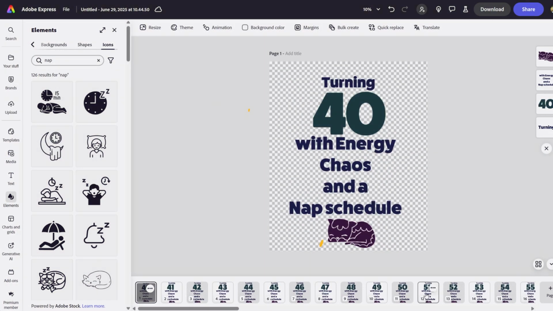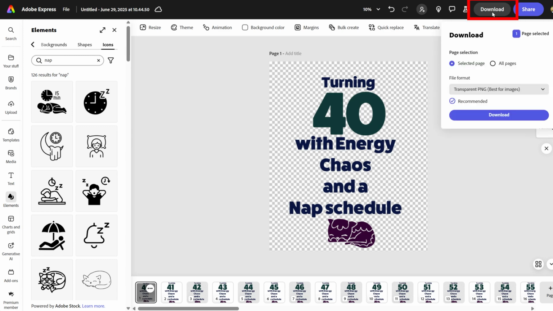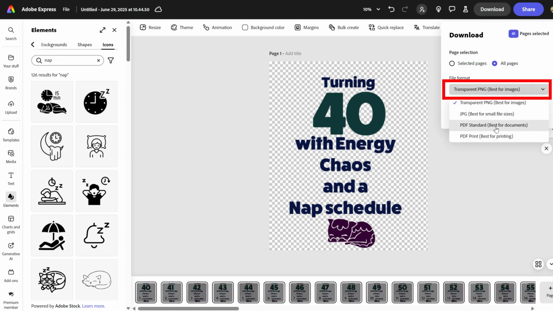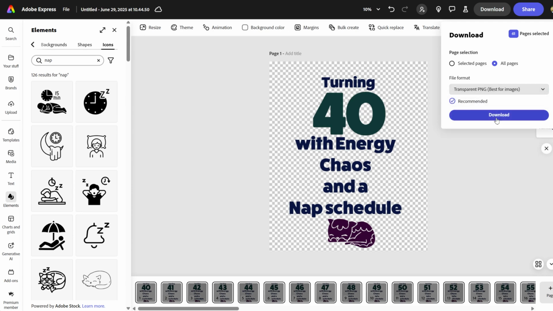Now you need to download all the pages you created to upload them to your print-on-demand service. Click the Download button at the top, then choose All Pages, and make sure it is set to download as transparent background PNG files. The pages will download to your computer as a zip file. You can open it and